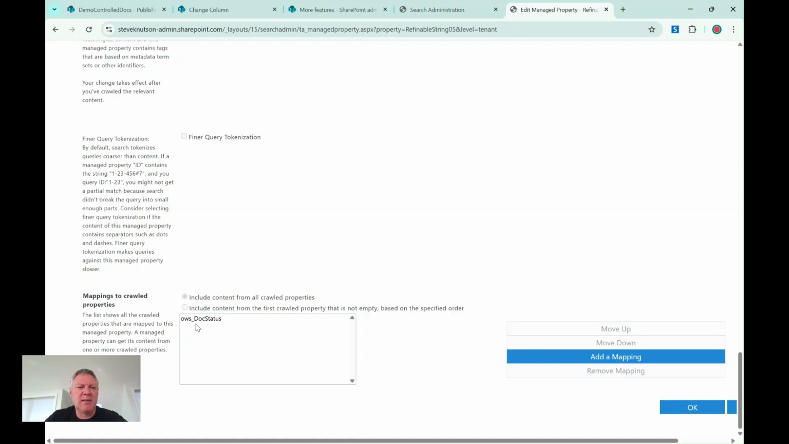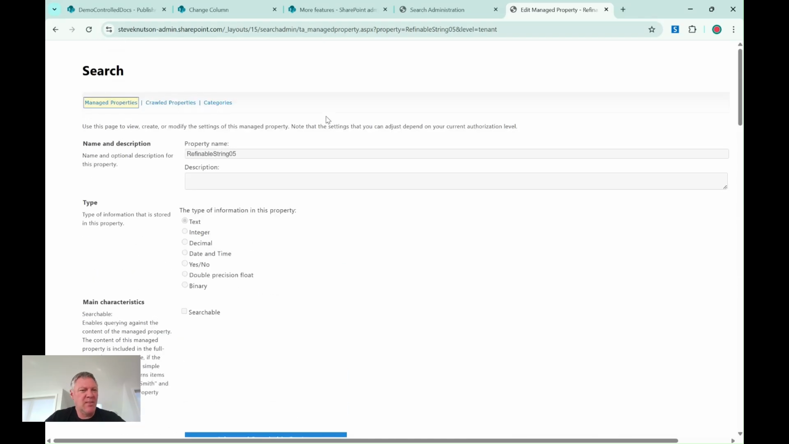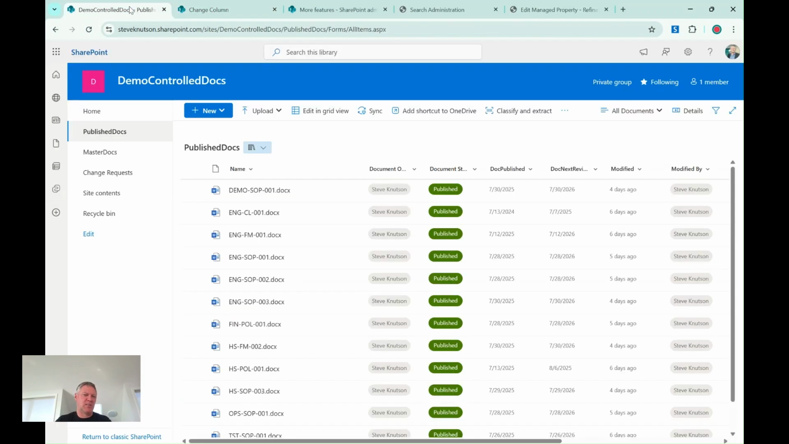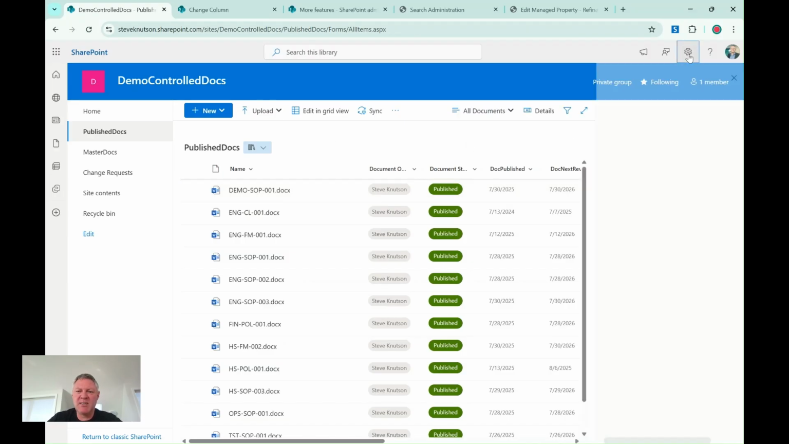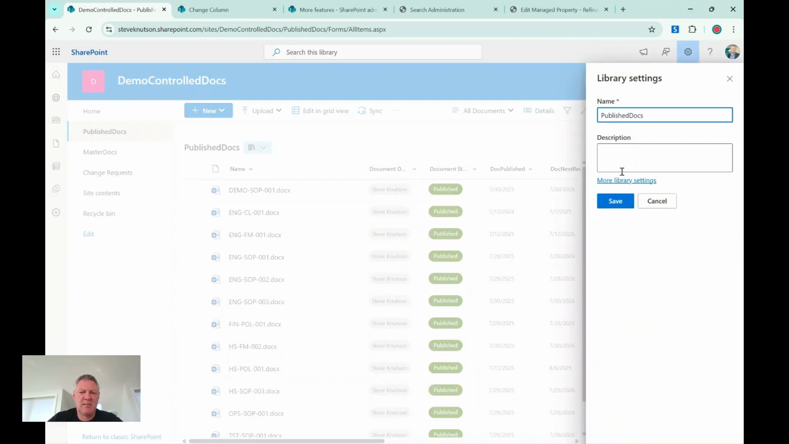Once you've done that, you then need to wait, because once we've added that into the search schema, it doesn't actually get any data in it until we've created some content and that content has been crawled. So what I normally do is create the site column, map the site column to the managed property like I've just shown you, add some content into my library, make sure it's tagged with the values, and then go into the library settings, and under advanced,